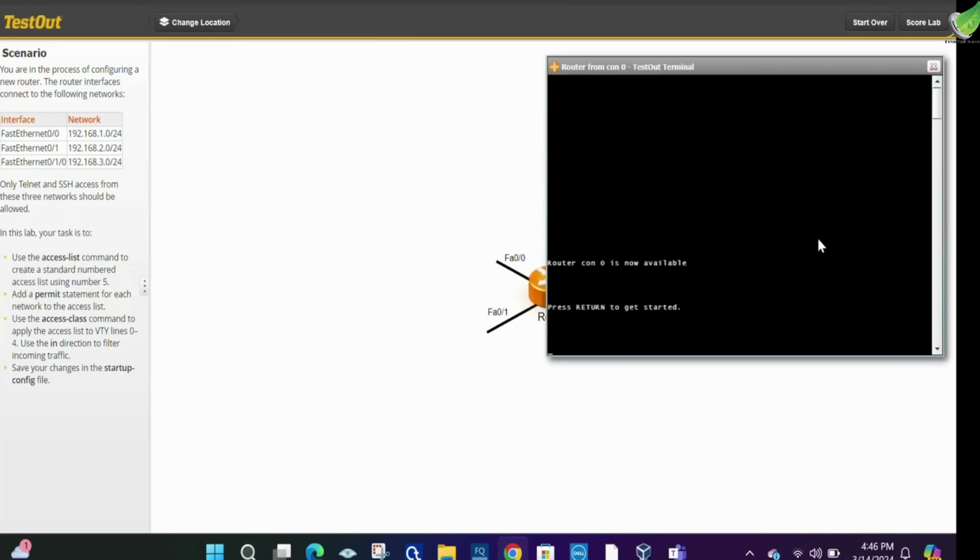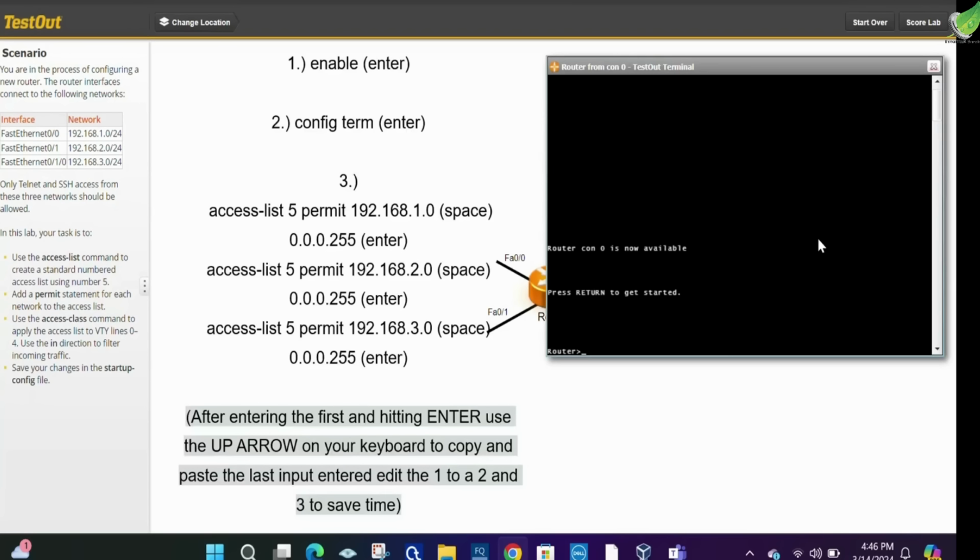We are going to click on this and we are going to type enable, press enter, and then config term, press enter, and then